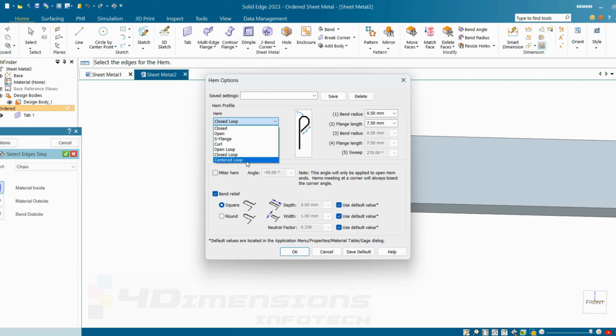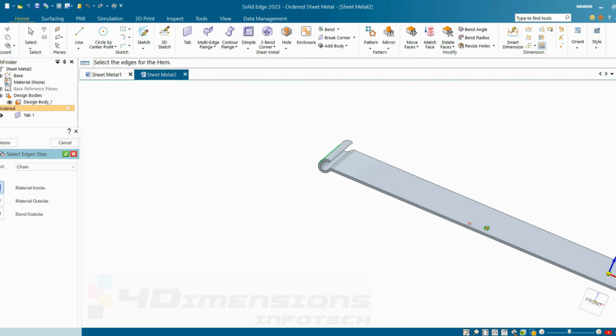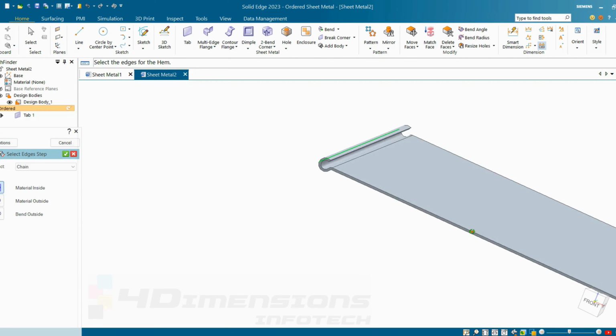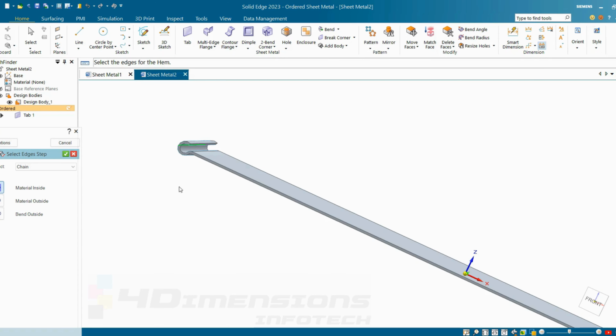The last one is centered loop. If you want to make hinges and brackets like hinges, then you can go for this option, that is centered loop. In this, it is having three parameters. First one is the bending radius, this first radius. Third one is again the bending radius, you can see here. And the last one, that is the fifth one, is the angle. So this angle is coming 270 degrees. If I say OK, then it will appear in this way. So these are the different types of hem given in Solid Edge. Say OK and finish. Cancel.